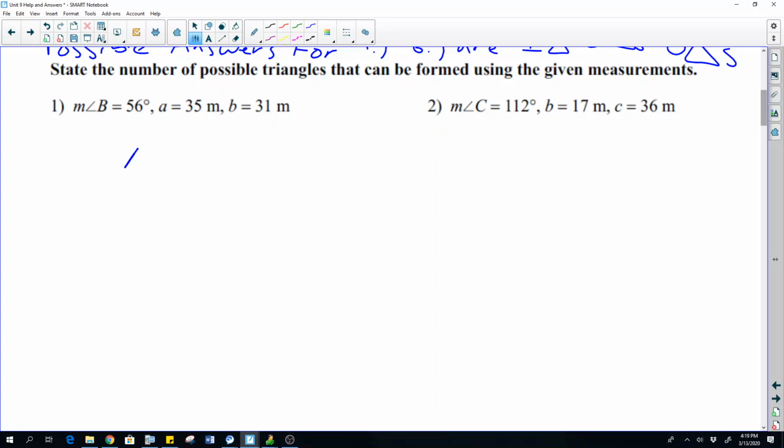So this is how I would draw the triangle always, just like this, to give you some room to swing that leg. What do you mean? You'll see. So we're going to label this as angle B, and they give us this 56 degrees. And then A we don't know, which is the angle opposite the one given. But we do know what little a equals, which is the side length opposite angle A. And then we can go ahead and do this.